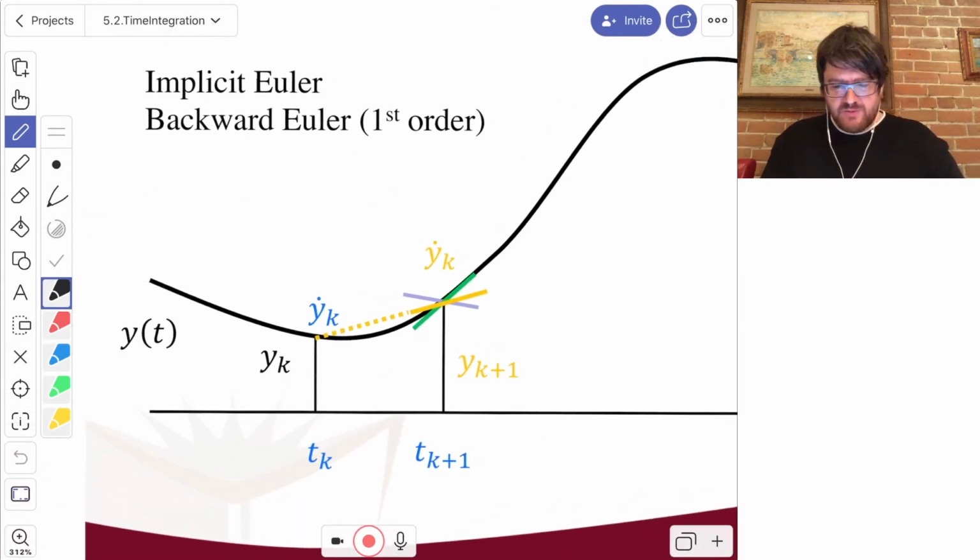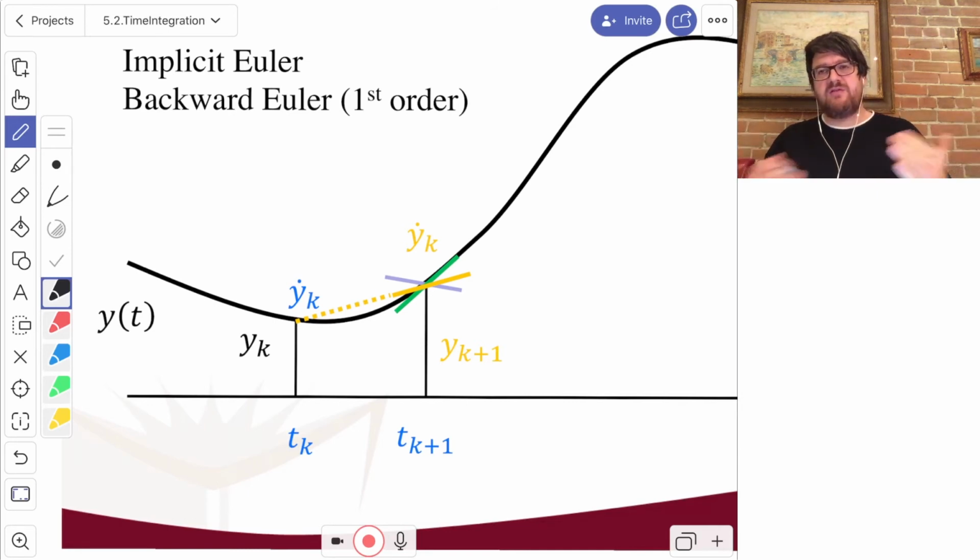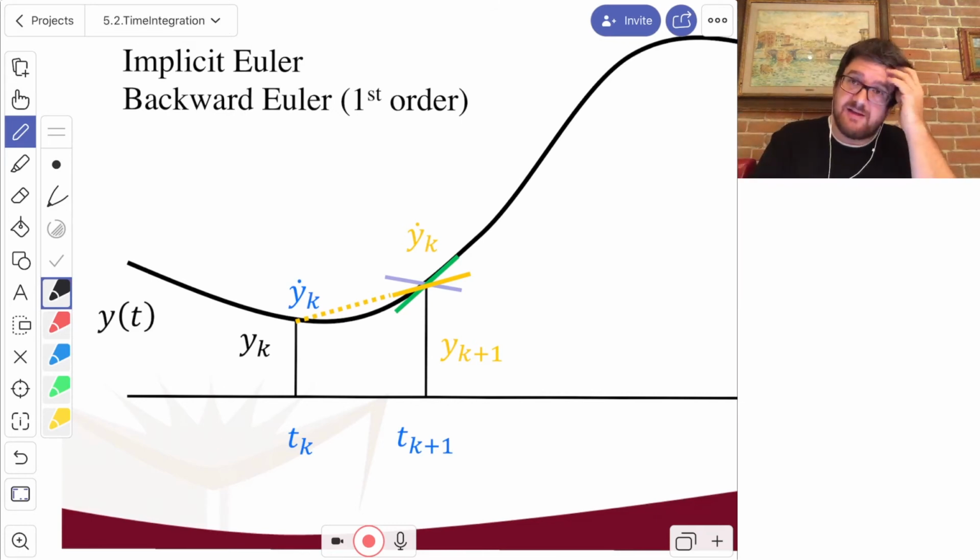The idea behind backward Euler, or implicit Euler, is maybe we shouldn't decide the direction of the step based on the derivative at the current point. Why would we want that? Because the derivative can easily change in the future, so this is not the best idea. It seems to be a much better idea, at least from a stability point of view, if